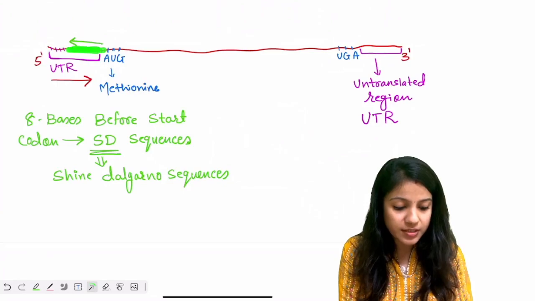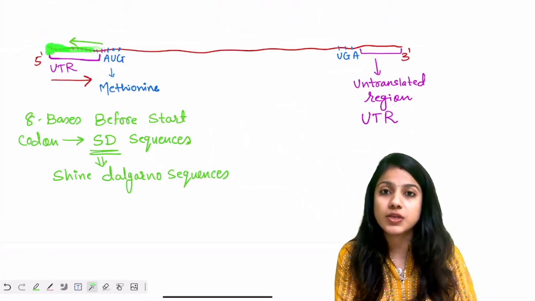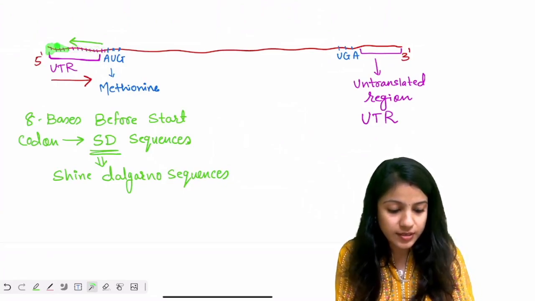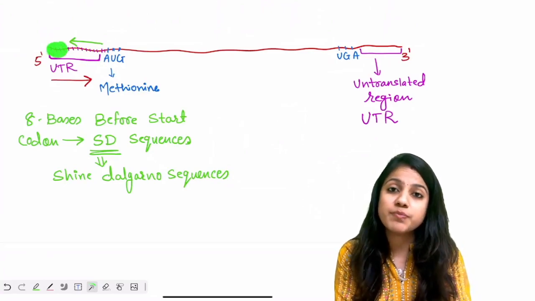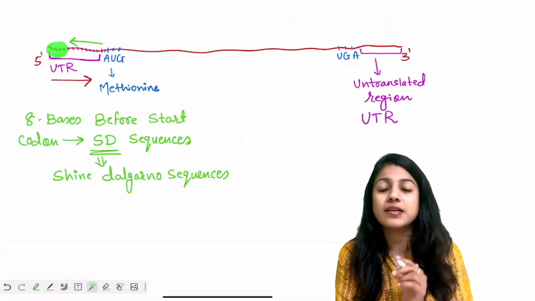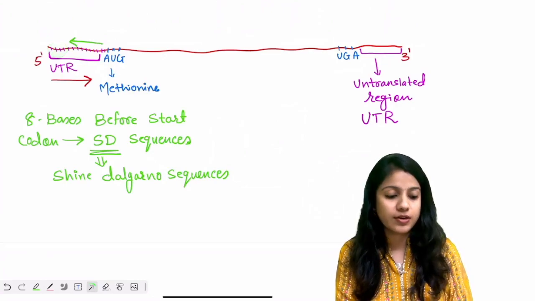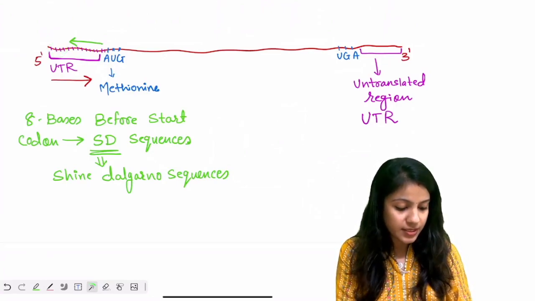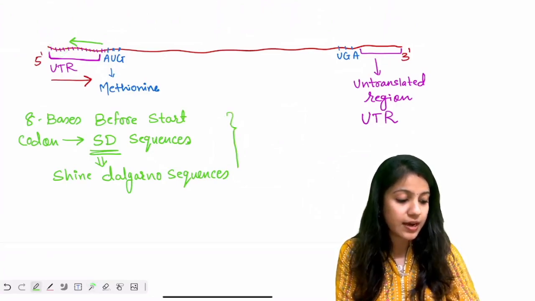Before 8 bases, here it will be the Shine-Dalgarno sequences. Where? Here. 8 bases before the start codon. But that condition is there in case of prokaryotic organisms. That means these Shine-Dalgarno sequences are present in case of prokaryotes,